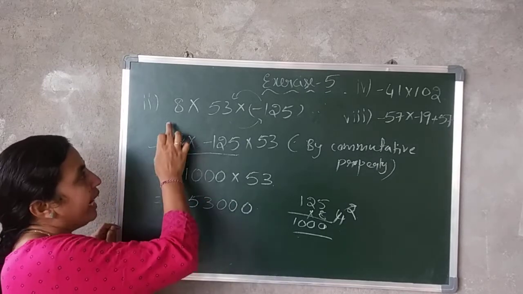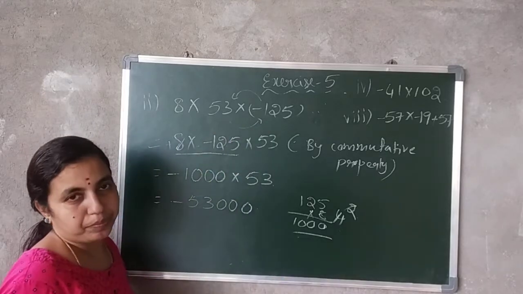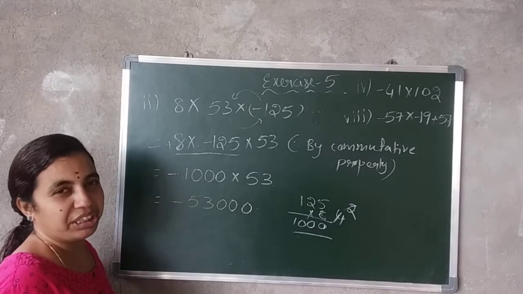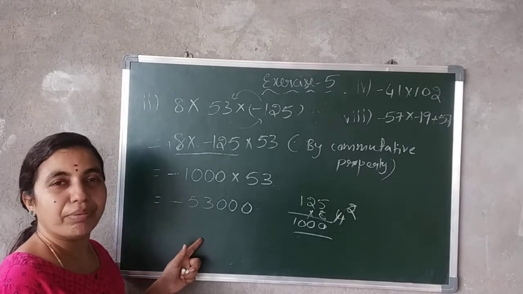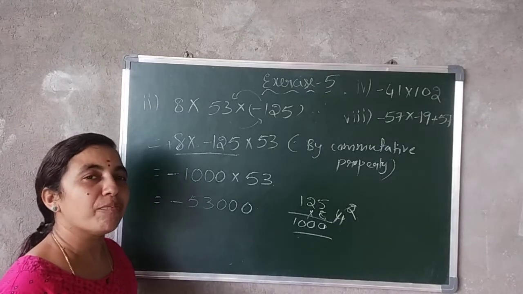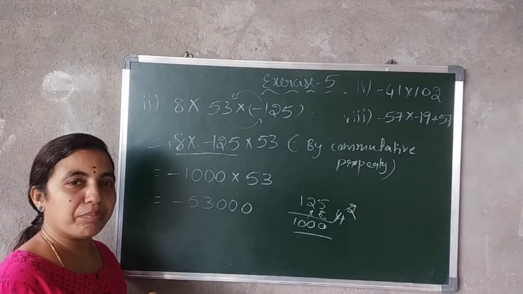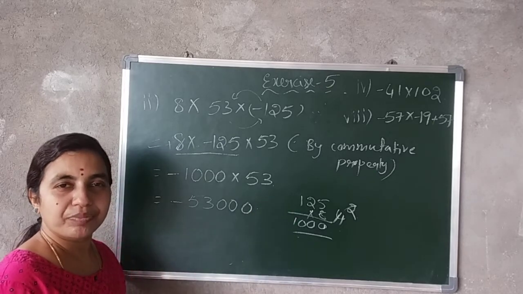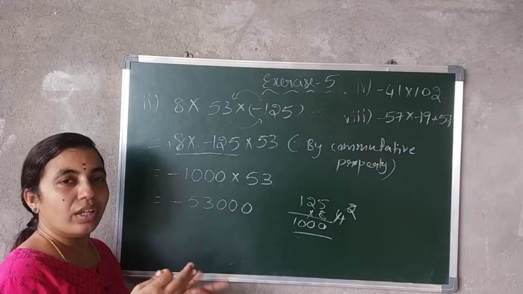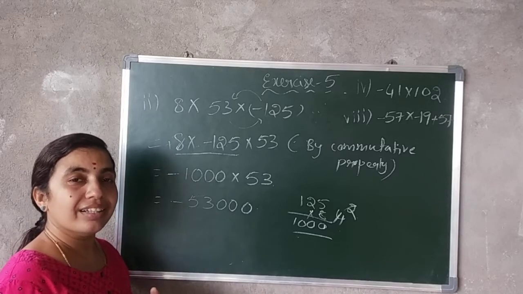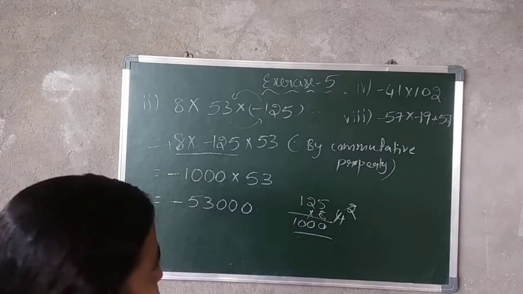But if you go with 8 into 53 and then multiply by 125, it will be very big. You have to multiply everything and check whether you got it correct or not. But see here, very easily we did this by using properties. So that is the use of properties: to solve a problem easily, we use all the properties. You have to use them, then only you will get an idea. Oh, like this. If you do it like this, then the problem is easy to solve. Okay? Yes, good.